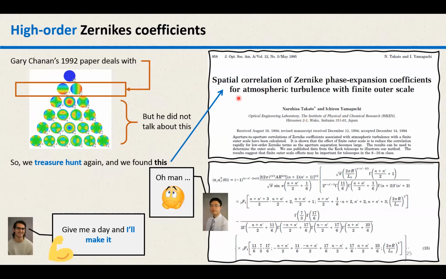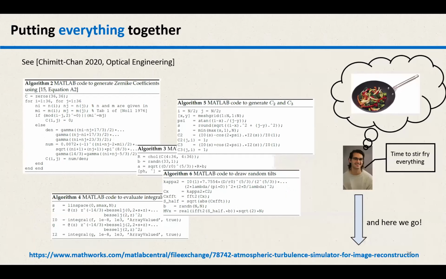And so they showed the spatial correlation of Zernike phase expansion coefficients. And they showed that for all the Zernike coefficients, the equation is not too complicated. It's just 4 lines. And then you have this 3F4. This is an integral that will take you another couple of lines. It's not too hard to implement. So Nick just volunteered to do it, and he made it. It was painful, but then we got this equation,